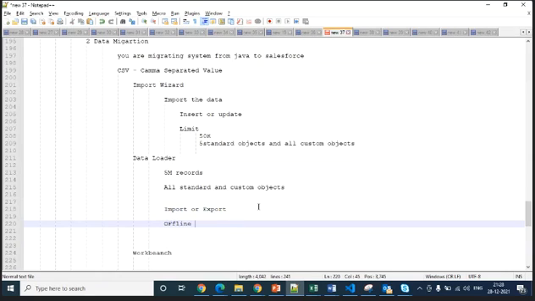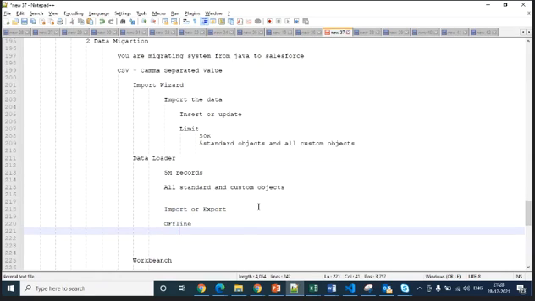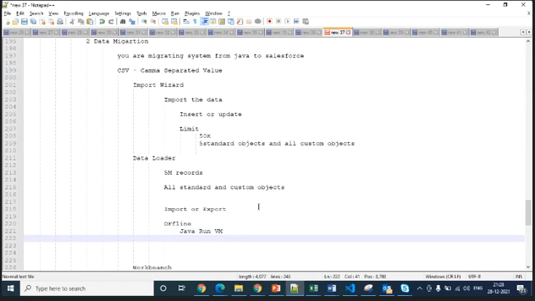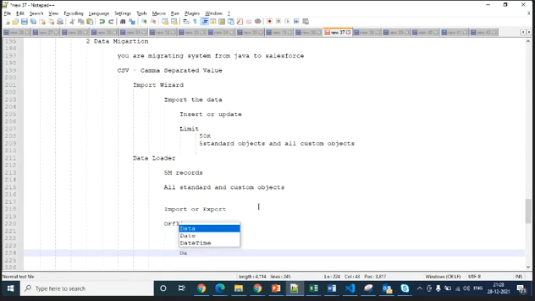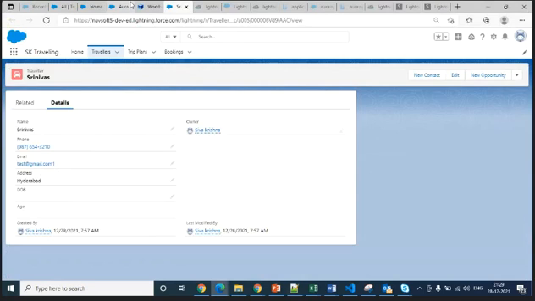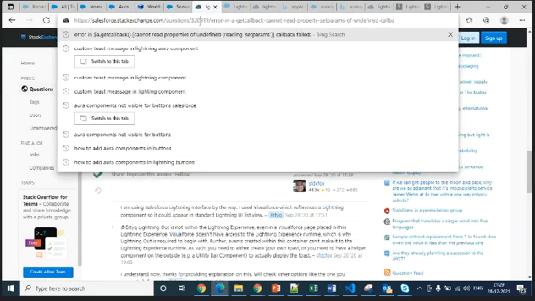If you want to use offline data loader, you have to use a Java Runtime Environment, the JVM. You should install it, and also install the data loader exe file. But we also have dataloader.io. If you use this one also, you can still do the same thing I did in the Workbench.